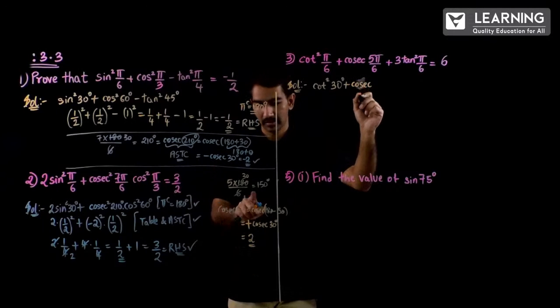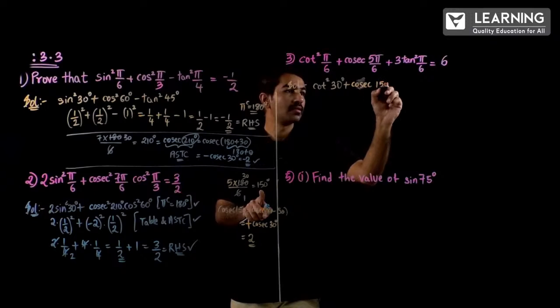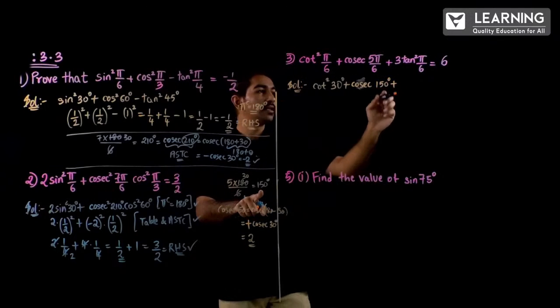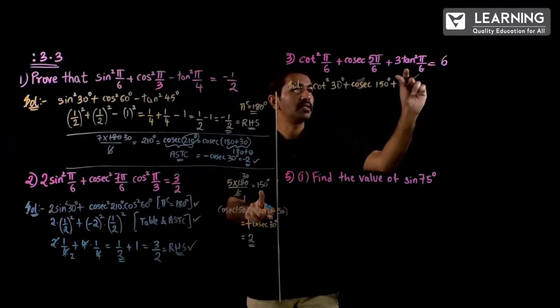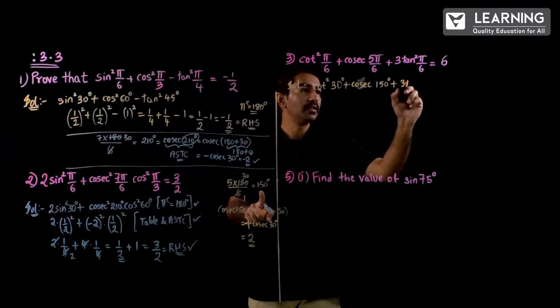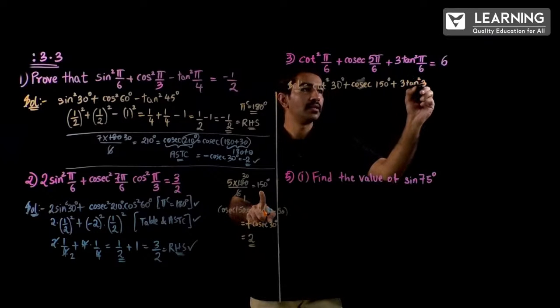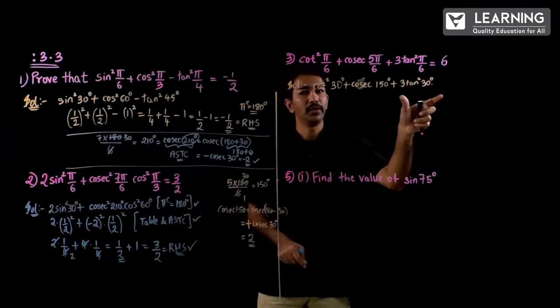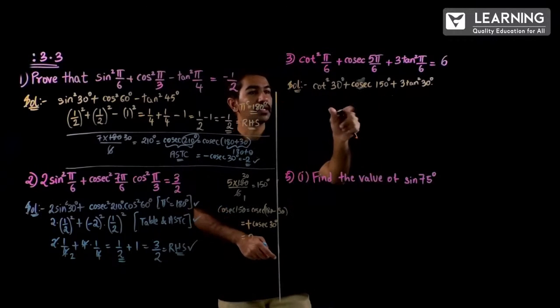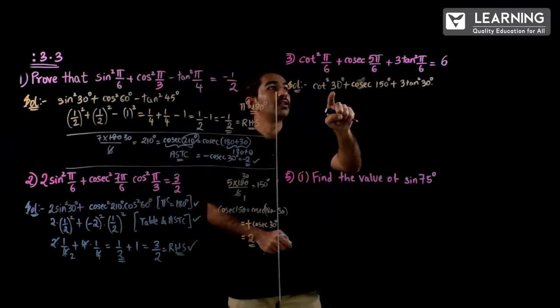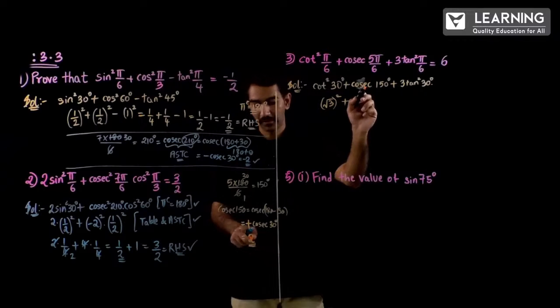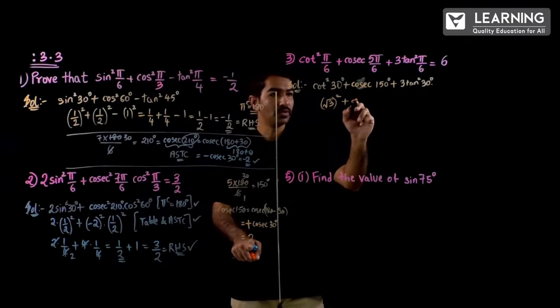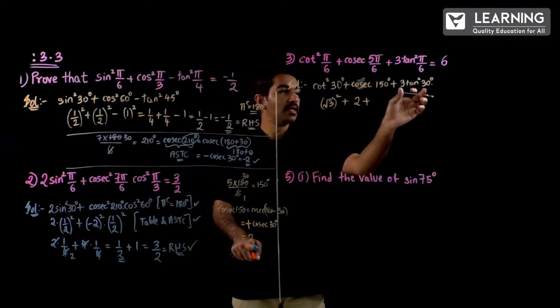Or else you can also write cosecant 150 degrees plus 3 tan square pi by 6. Again, pi is how much, students? 180. 180 divided by 6 is 30. So this will become 3 tan square 30 degrees. By looking at the table of trigonometric ratios again, cot 30 will be equal to root 3, the whole square, plus cosecant 150, that is nothing but 2, write 2 as it is, plus 3 tan square